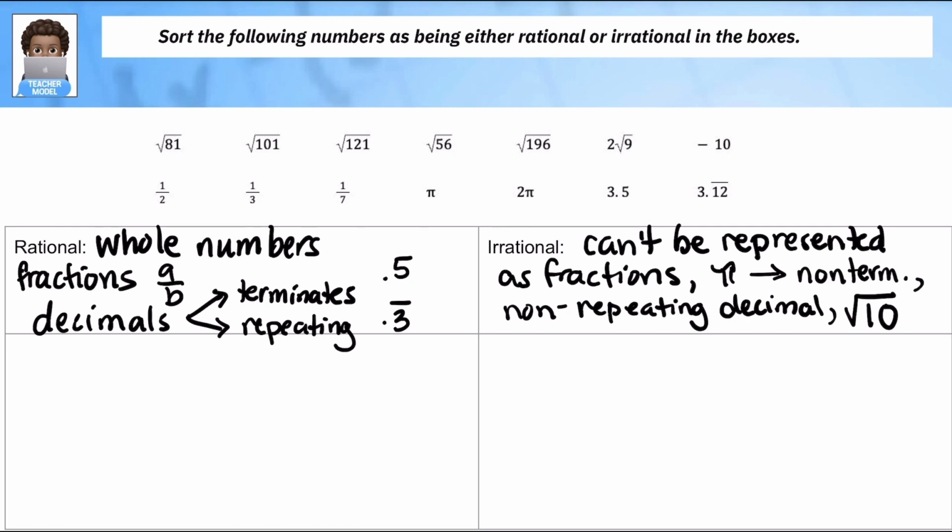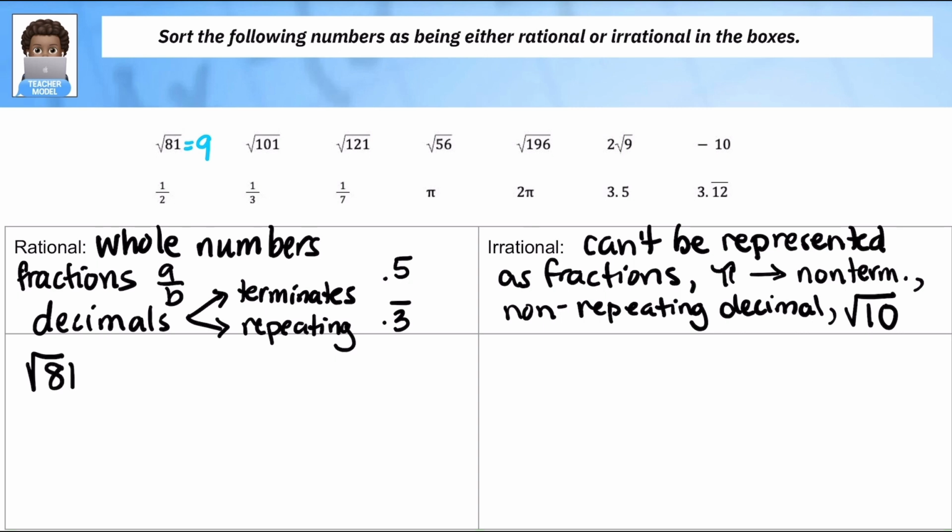All right, so this is what we have. So let's look and scan and try to identify any whole numbers. Just looking through, we have tons of numbers with square root symbols, so let's simplify those first. I'm going to use blue for these. So I know 81 is a perfect square. I get 9. So that is definitely going to be rational,